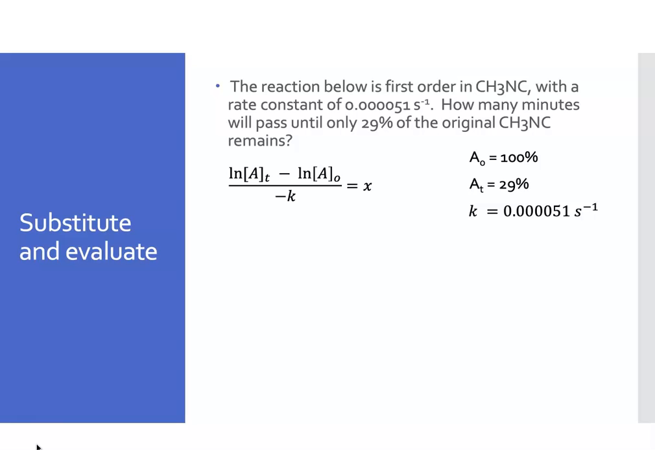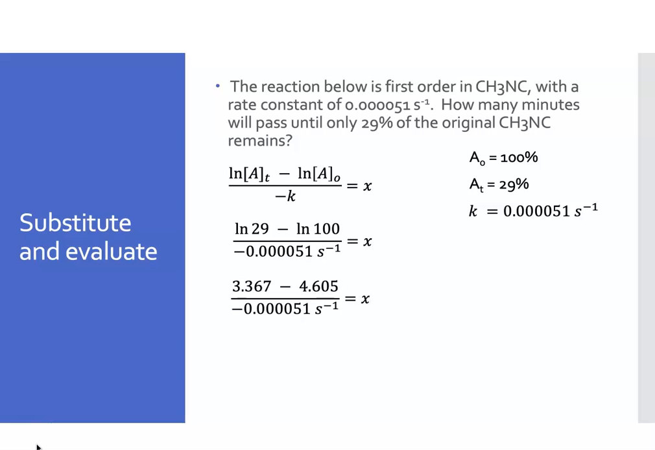Remember, we decided A naught was 100%, A_t was 29%, we're given k. So we have to just substitute and evaluate. All right, so ln of 29 minus the ln of 100 divided by the rate constant will give us the time in seconds. So I'm going to take the natural log of 29, the natural log of 100, substitute that in. I'm just showing you all my work as we go, simplifying, and finally doing my division. And I get an answer of